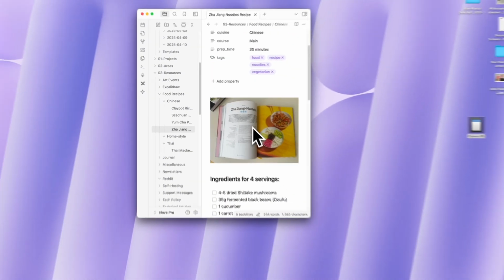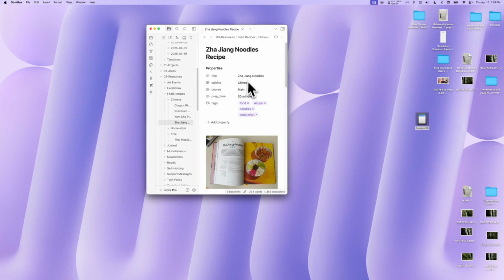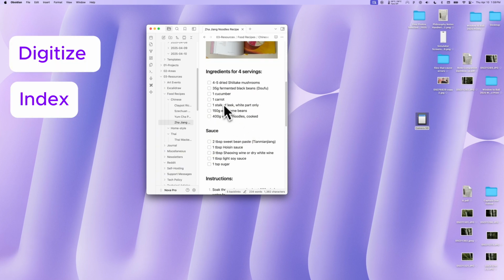I want to show you how you can bring more of the physical world into your digital knowledge base. Think of stuff like paper documents, handwritten notes, or for example, food recipes from a book, which is the demo that I will show you today. We'll see how easy the Note Companion mobile app makes it to digitize text, to index it and make it